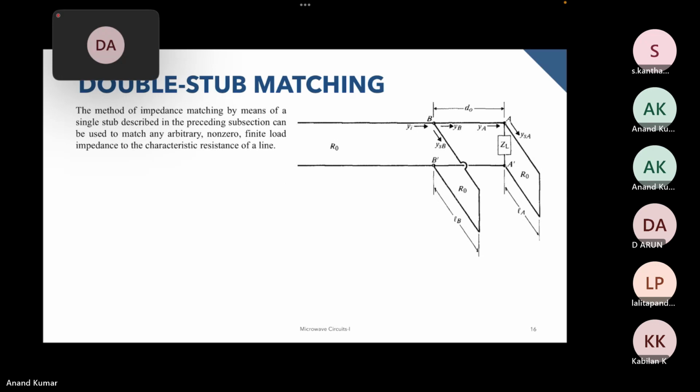Let me just draw this again. We have some load over here, and we are calculating this distance d, and then we are introducing a stub over here, and this stub has some length. But in doing so, we might end up with a d with such a value that it is not comfortable for us to add a stub over there. For example, if we have